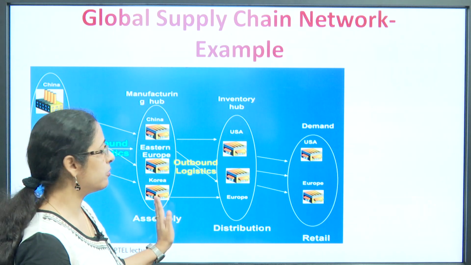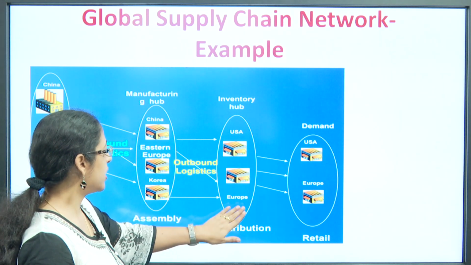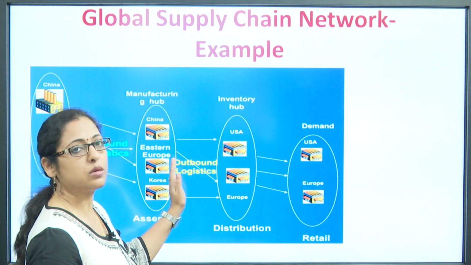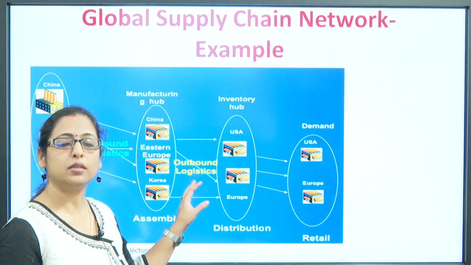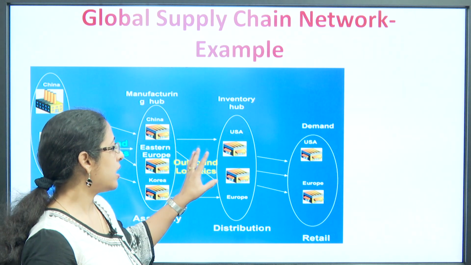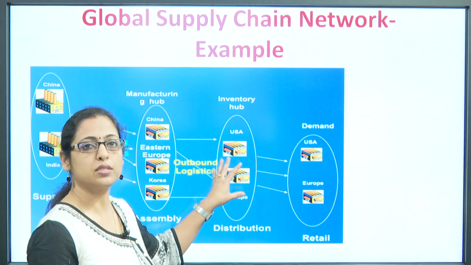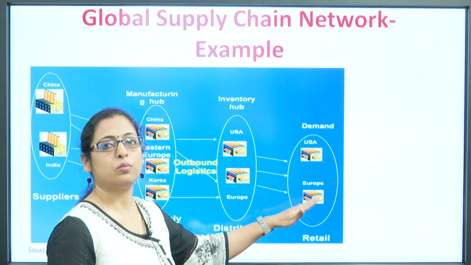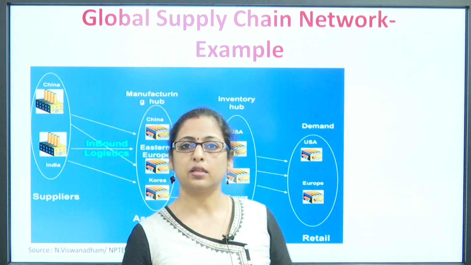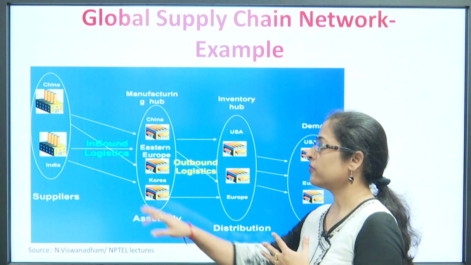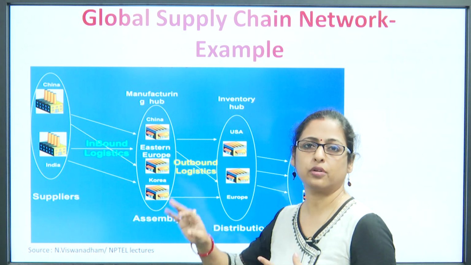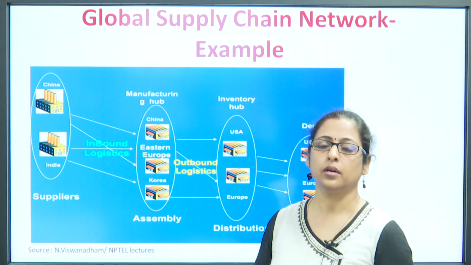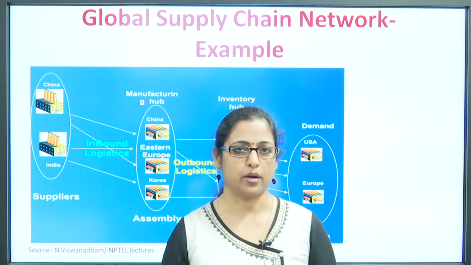Now, over here you see that after production the finished goods are distributed to USA and Europe. So, these three countries have to maintain a relationship with these two countries in terms of outbound logistics, and to provide the services in such a manner that they receive the deliveries on time and in a proper manner, in order to meet the demand of the customers from USA and Europe. So, over here you can see that this hypothetical example also shows that there is a combination of 5-6 countries involved in this particular supply chain, within which a lot of coordination and association is required.